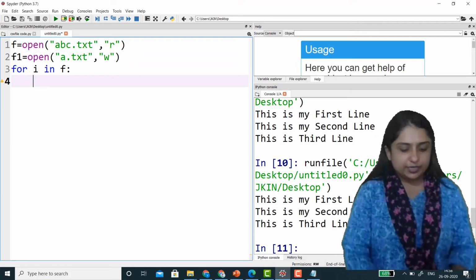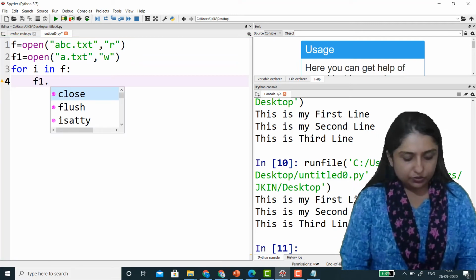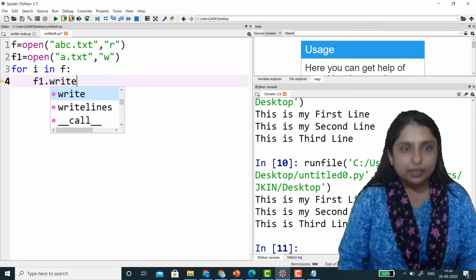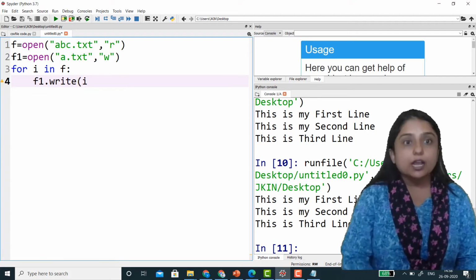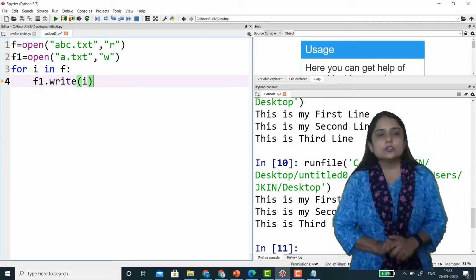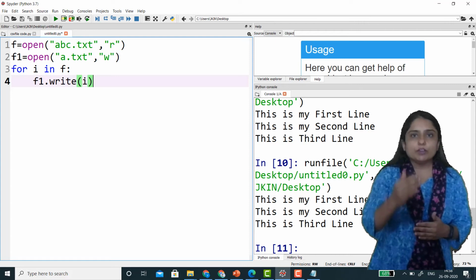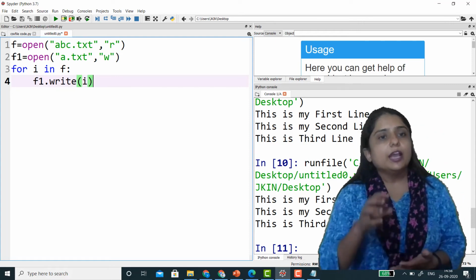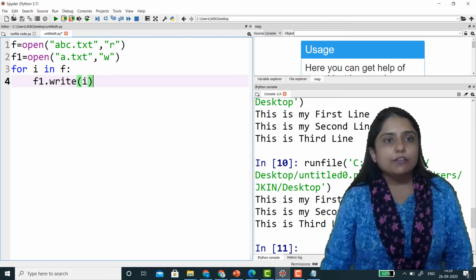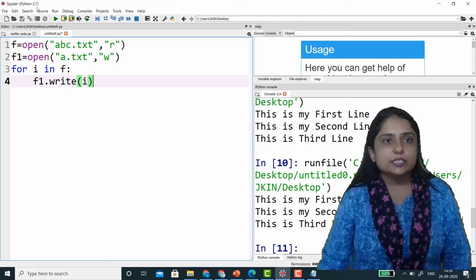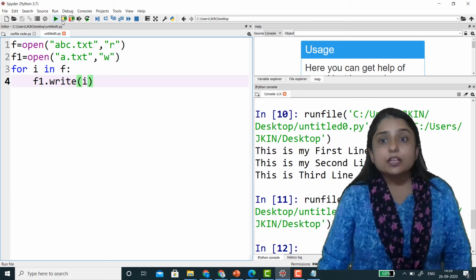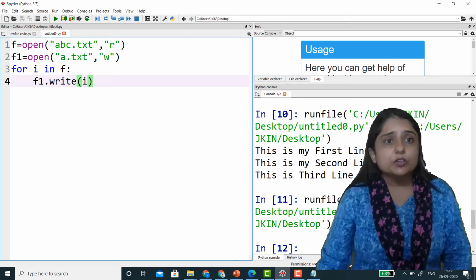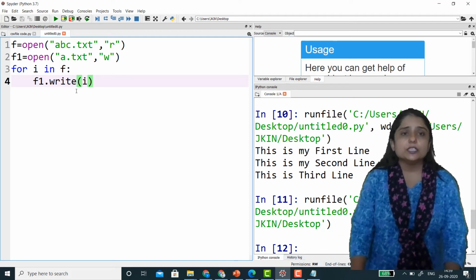And here I'm writing f1.write, and I want to write i. So what this will do is take, one by one, the characters or lines in file f and write them in my f1, that is a.txt. Let's run this. See, nothing is displayed. Why? Because we have not used the print command.